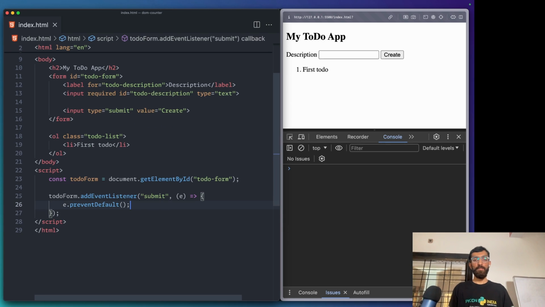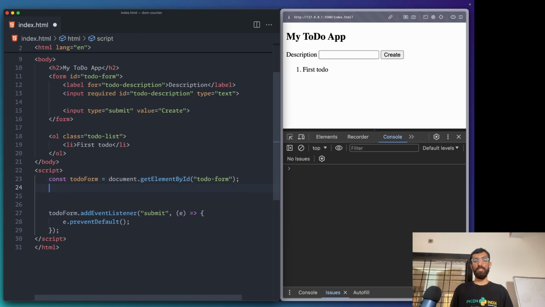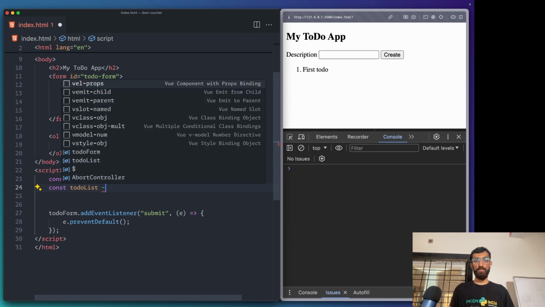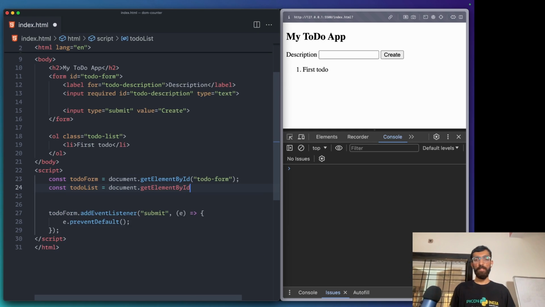So I will remove console log. So to append something to this to-do list or this ordered list HTML element, we'll have to get it in the DOM and then manipulate it, right? So let's say const to-do list equal to document dot getElementById to-do list,